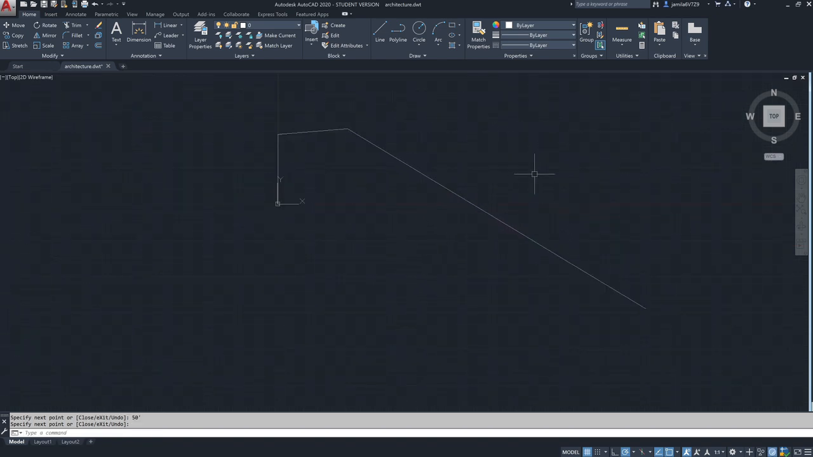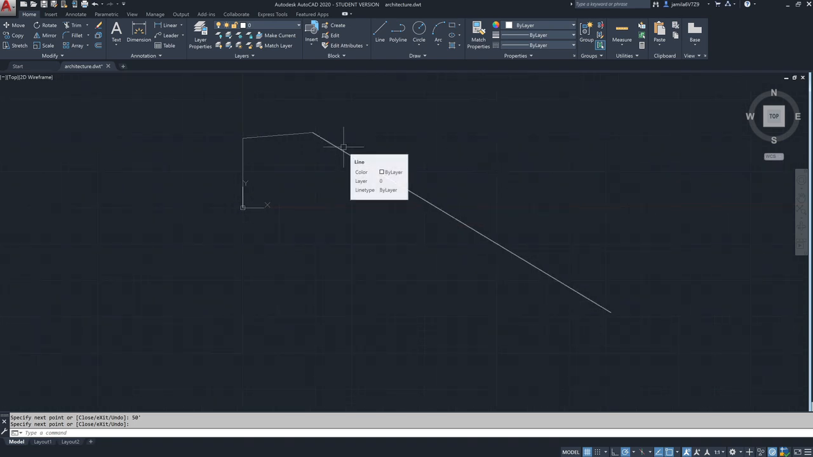Now we learned quite a bit in terms of how we draw a line, how we specify the length for a line, how the direction works,